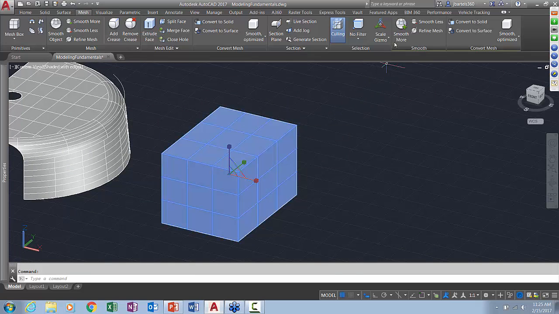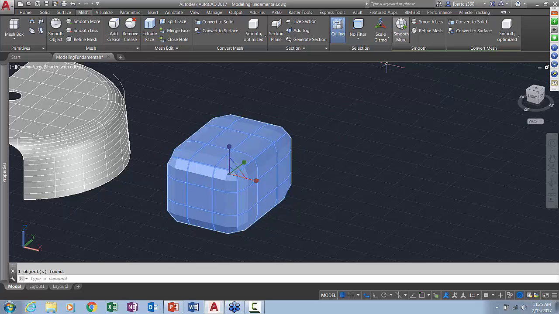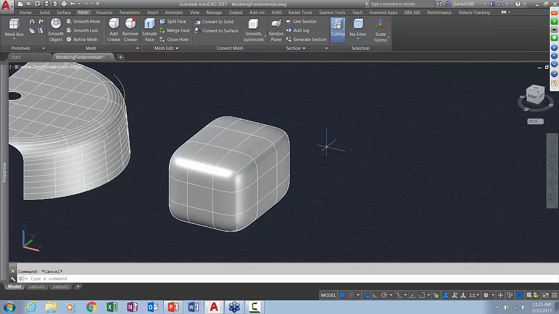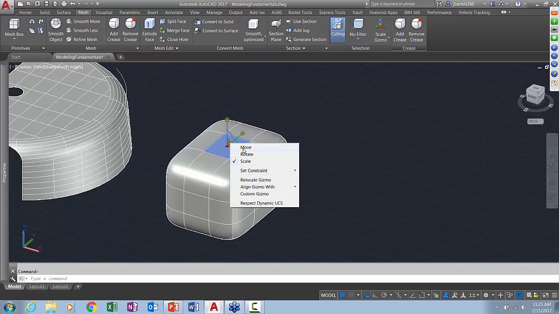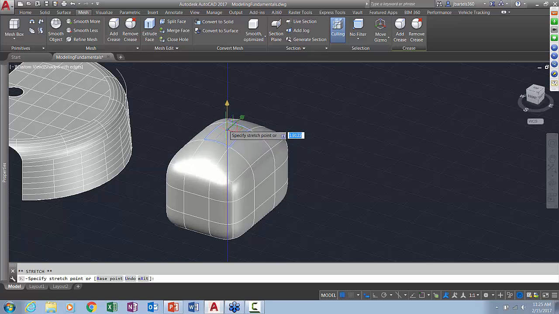Back in the day, AutoCAD was really good at creating shapes, but they had to be very geometric. I've just selected that, and now I'm just bumping up the smoothing here. You can see that's now a smooth shape. Now remember how we edited the solids. I held my control key. You can see if I hover, I can control click an edge or a face or a point. Let me right click on my gizmo and I'll flip this to move, and I'll click and I'll pull this